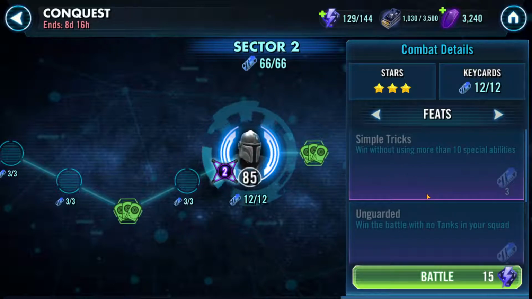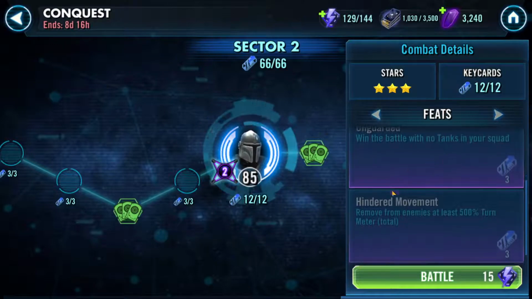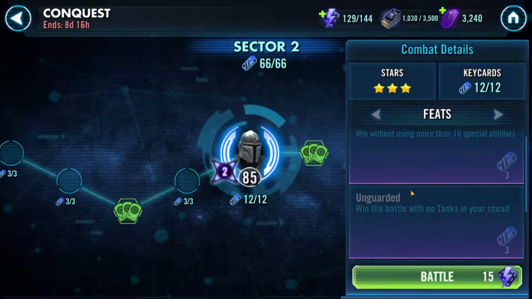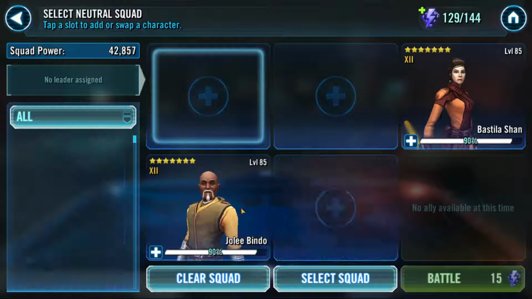Okay, so here, simple tricks. You want to win with no tanks, using no more than 10 special abilities, and you want to remove 500% turn meter. Okay, so my goal here will be to win using Vader. And you don't even need the Vader Zeta lead. I would recommend...